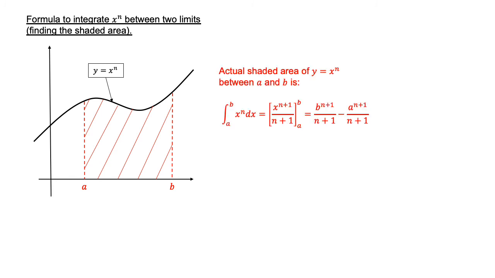What I've got to do is integrate, and the way you set this out now is, if you look at the left hand side, it's the integral of x to the n with respect to x between the values of a and b. So the bottom number is where you start, and where you're going to is at the top of the integral sign, there's the b. Now the actual integration part is exactly the same, so integrate the expression as we've learnt,